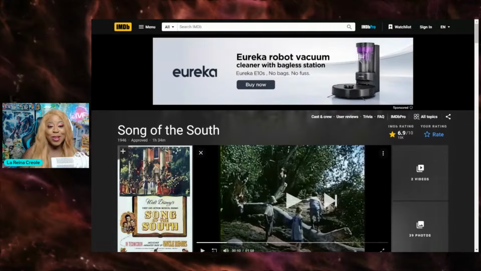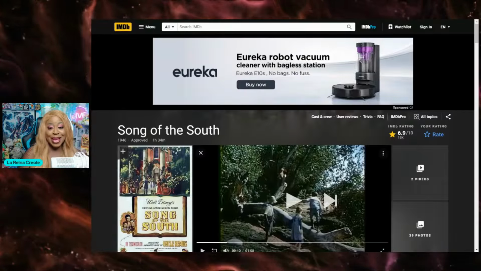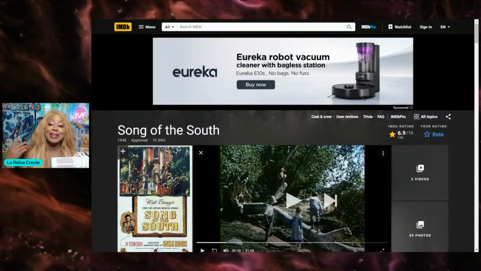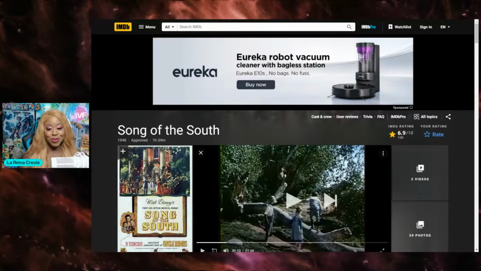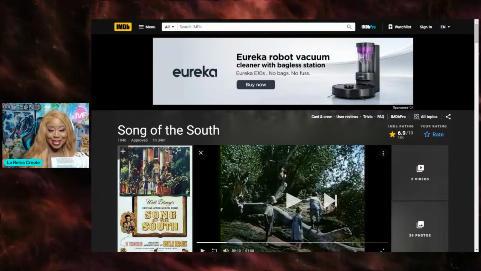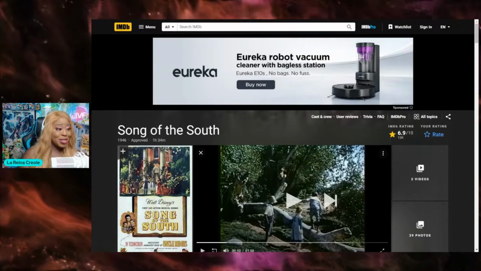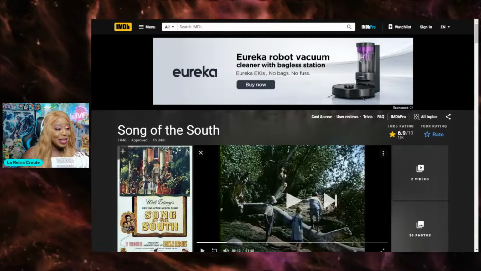What's Reconstruction? Reconstruction is that time period after the Civil War where the South needed to be rebuilt because General Sherman basically burned it to the ground. Go Google Sherman's March to the Sea. And how do I know about Sherman's March to the Sea? Well, besides the history books,